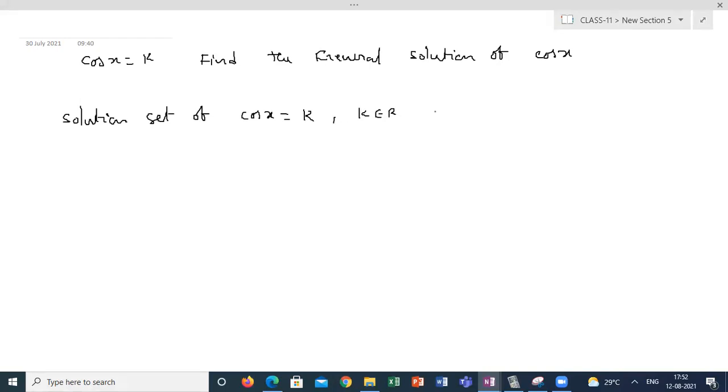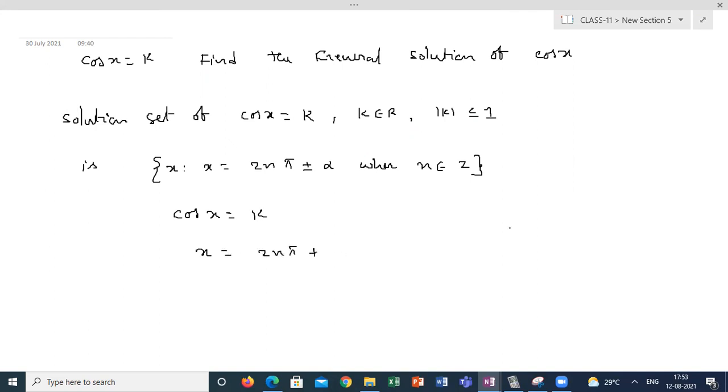K belongs to R, and modulus of k must be less than or equal to 1, is 2n pi plus or minus alpha, such that x is equal to 2n pi plus or minus alpha, where n belongs to Z. This is the principal solution. That means cos x is equal to k. The principal solution of x is 2n pi plus or minus alpha, where alpha is the